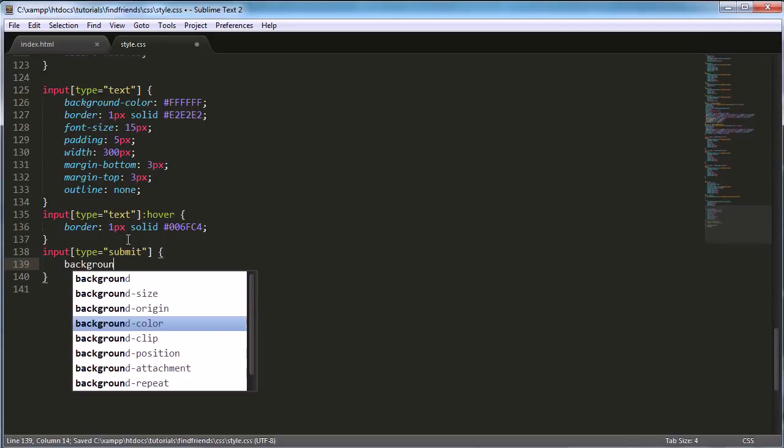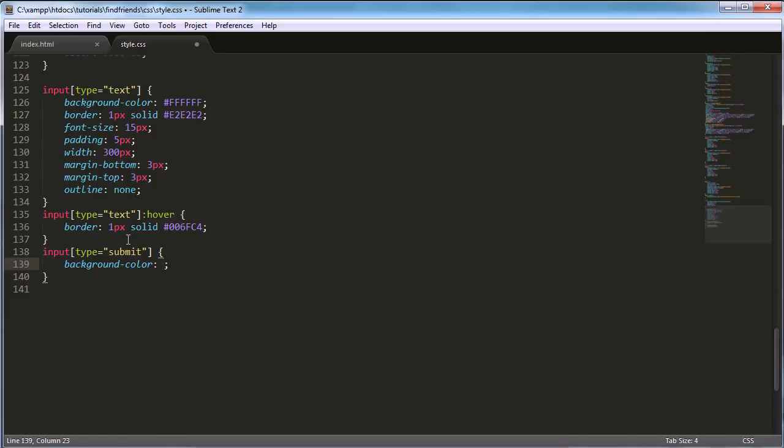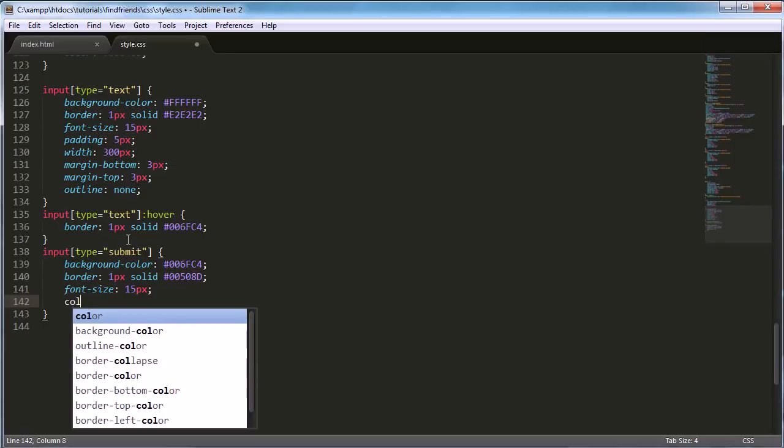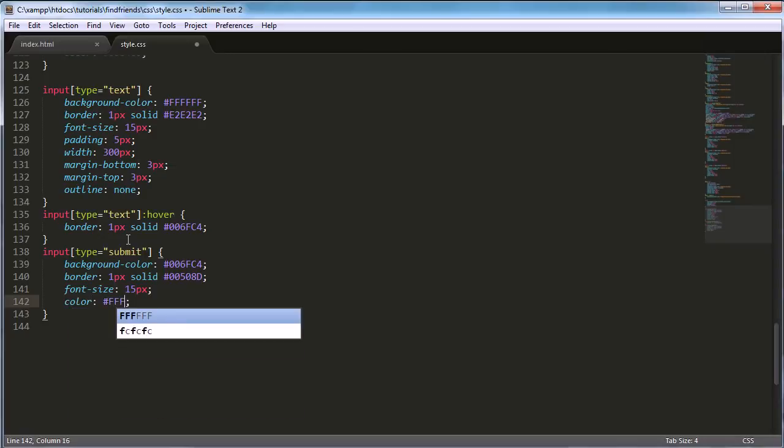So we're going to say background color 006FC4, border 1 pixel solid, we're going to set that equal to 00508D. Now we're going to set the font size equal to 15 pixels, the color equal to white,